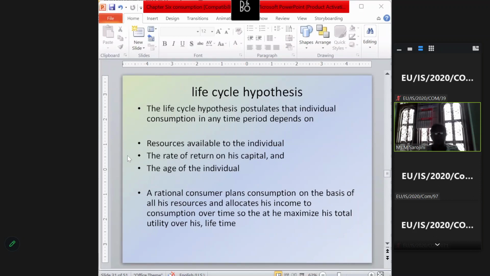A rational consumer plans consumption on the basis of all his resources and allocates his income to consumption over time, so that he maximizes total utility over his lifetime. Right? That means once he until his